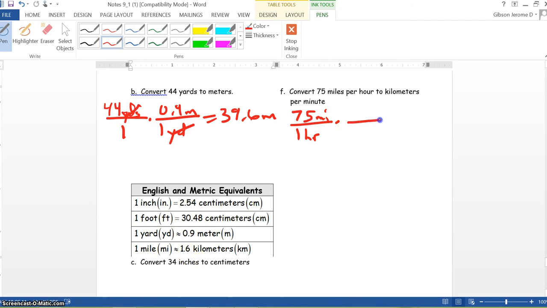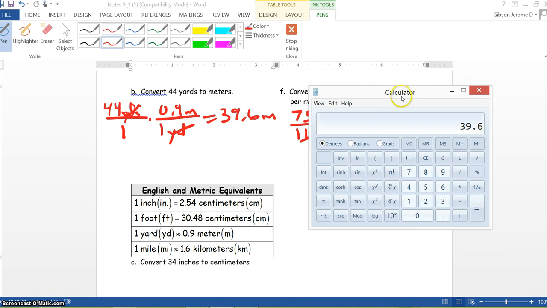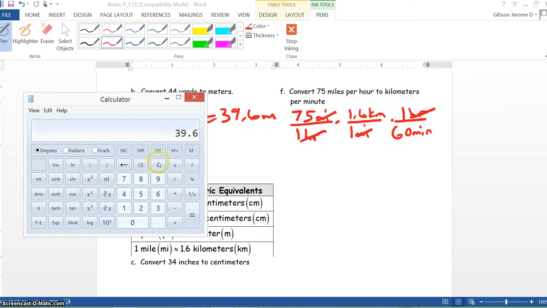Now we know it takes 1 mile to equal 1.6 kilometers. So now we took care of the miles. Now we want to change hours to minutes. So in 1 hour, we know it's 60 minutes. So now look here, miles simplify with miles, and hours simplify with hours, and it will leave us kilometers per minute. So we'll take 75 times 1.6,